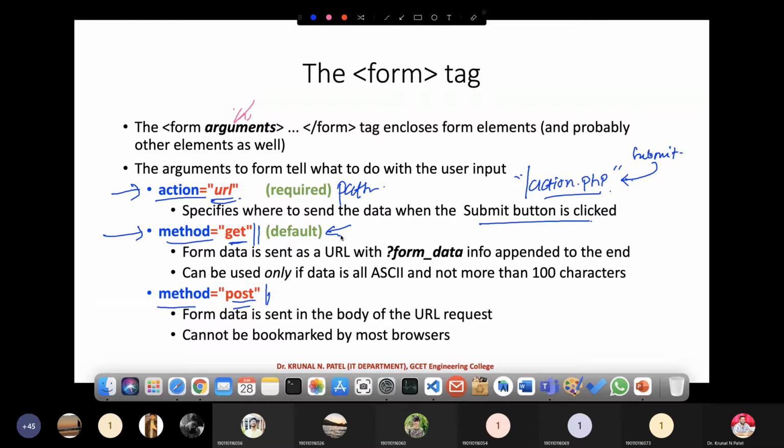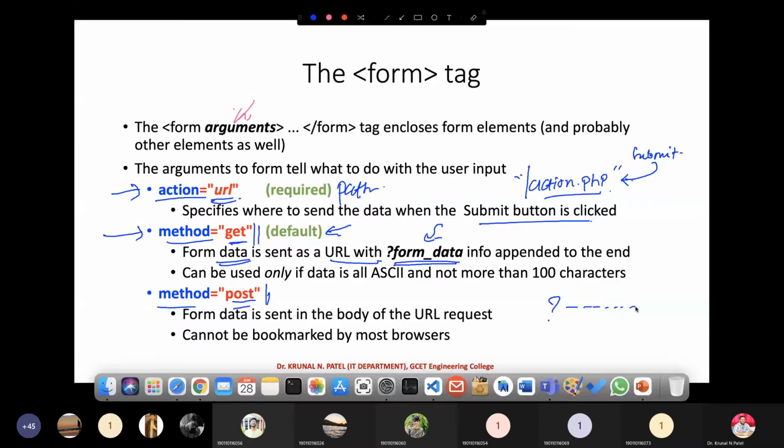First of all, whenever you are using a get method, the data, for example first name and last name, is going to be appended to the URL in this particular format. After a question mark, your data will be there.